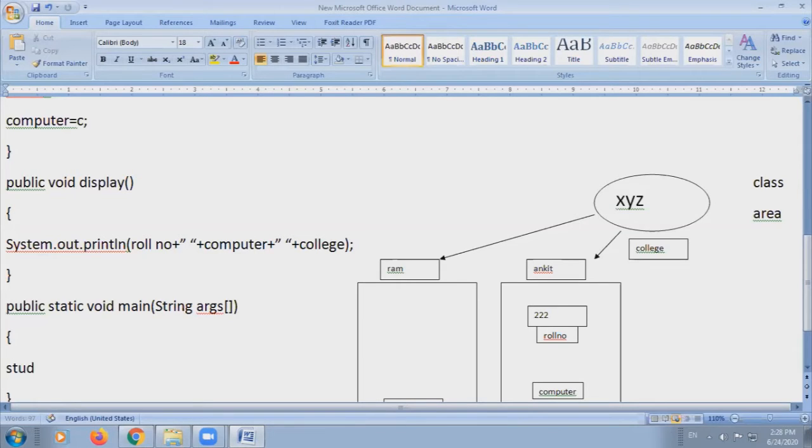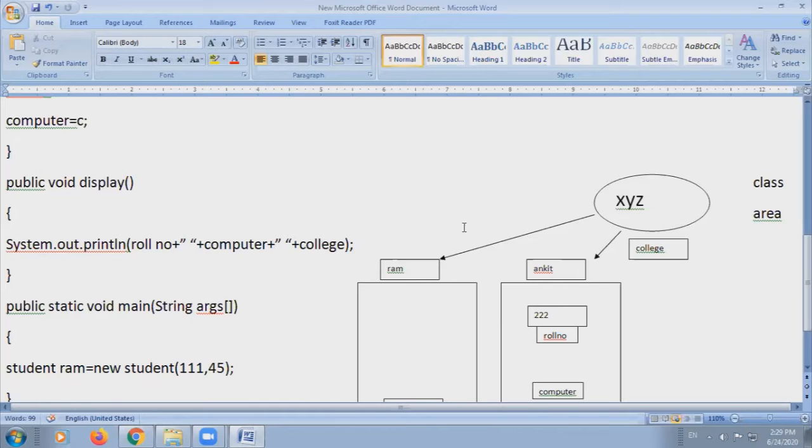The first object I will create for the Student class is Ram. Because you have used a parameterized constructor, I am sending values to it. The first value will be received by the roll number, and the second value is the marks of computer.